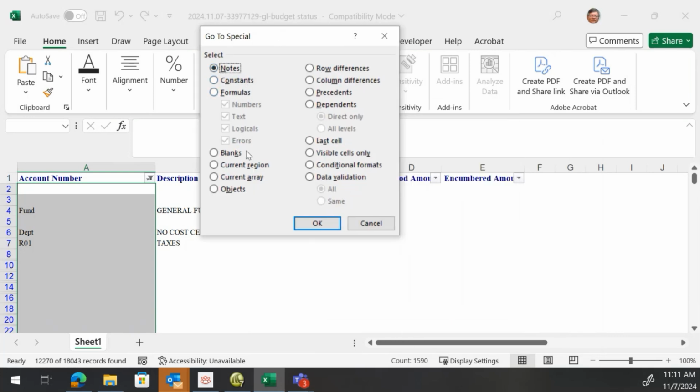You can go to formulas. You can go to blanks. You can do the current region, but you're already there, so I don't know why. Current array, objects, row differences, all of this nice stuff. The one that's really useful is visible cells only. If you click visible cells only,